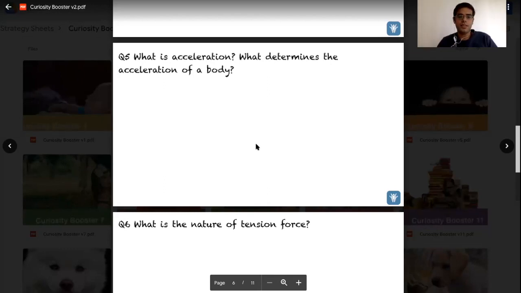See, rate of change of velocity comes later, but what determines the acceleration of the body is the force. Let's say this body is there, its velocity is changing. That's fine, but what I will first look at is the force on this body, because force is directly proportional to the acceleration. According to Newton's second law, force is the rate of change of linear momentum with time. Using that, we get force is equal to ma. So we look at the net force on the body, and using that, we can come up with the acceleration.